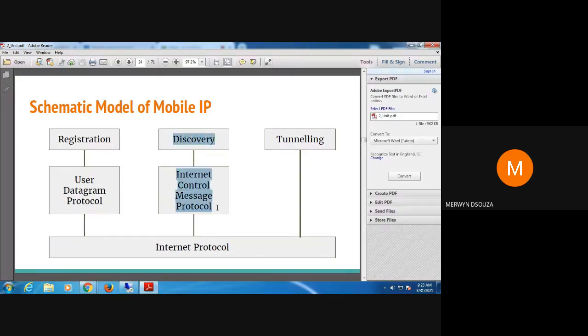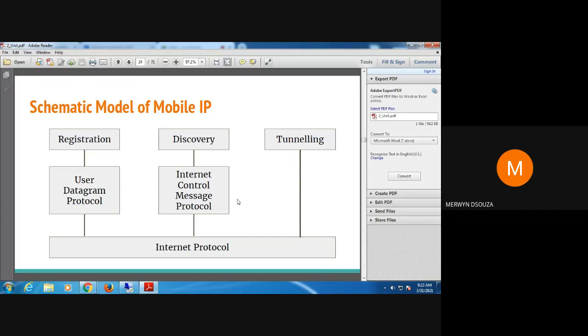Just remember that agent discovery is done using ICMP messages and registration of the care of address is done using UDP. I would like you all to find out why the registration of care of address is done using UDP, and why agent discovery is done using ICMP. You'll have to search a little on the internet. You won't get a direct answer.